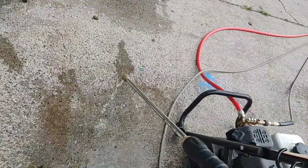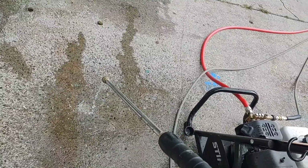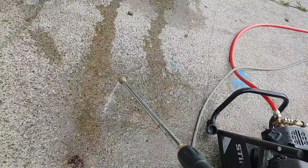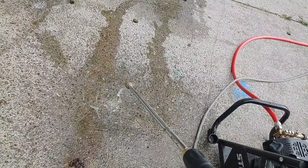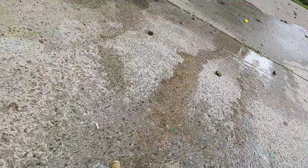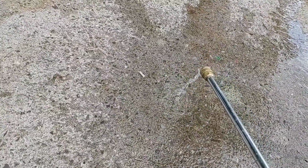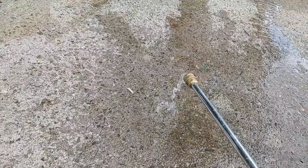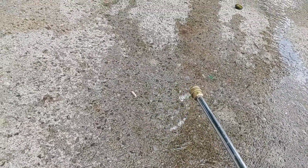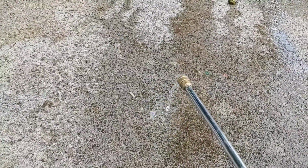Alright, so we're going to let this do like this. And it's still kind of, you can feel it in the handle, actually, the air bubbles, and see when it jumps like that, that's air coming out of the system. The reason I like doing this, because if you don't, you got your pressure washer started and you're just wasting fuel trying to let all the air get out, when you could just sit here and do like this. So makes it a lot better